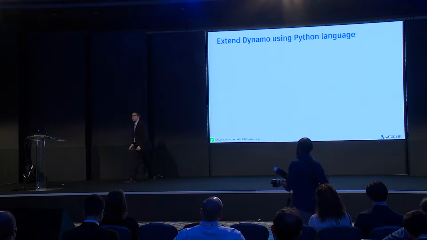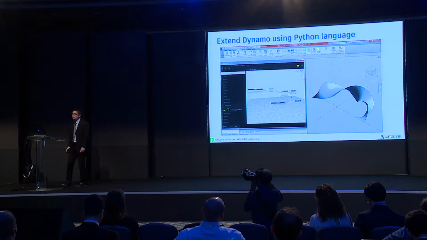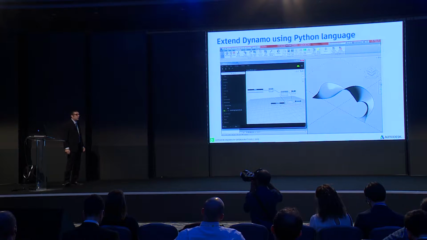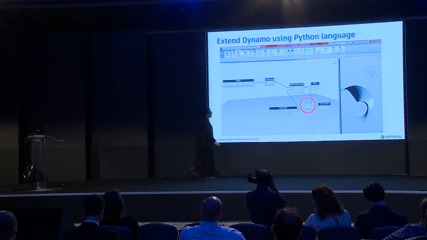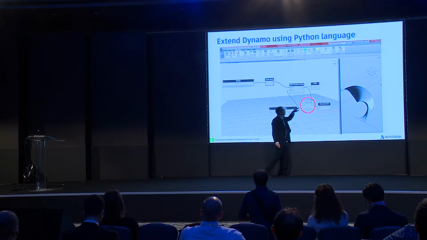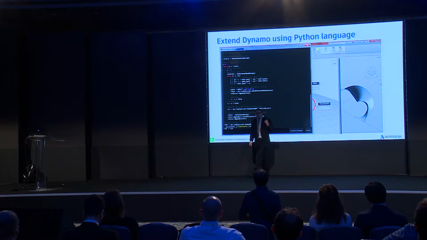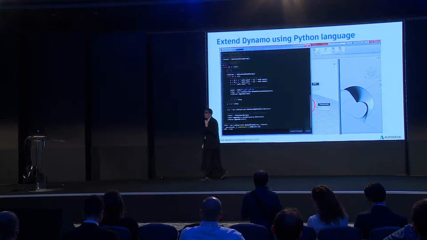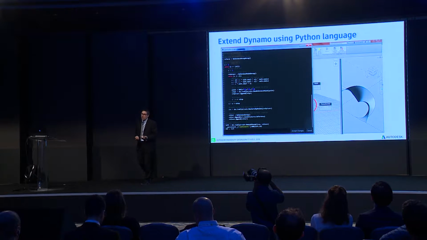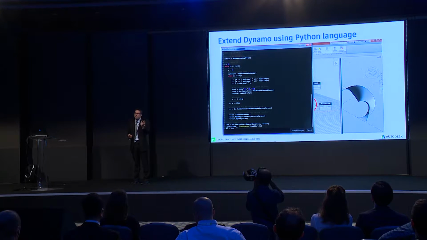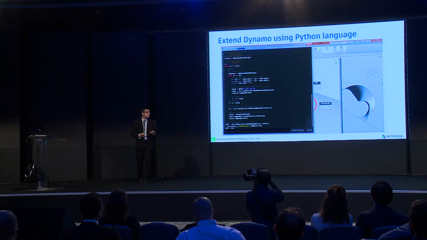For more advanced users, you can use Python scripting. That means here, if I zoom on this node, you know there is a specific node here. And when you enter into this node, you can create your own code. It is object-oriented, like C++. It's not so hard to use, but you need to know the purpose of this programming. And you've got a lot of training on the web.